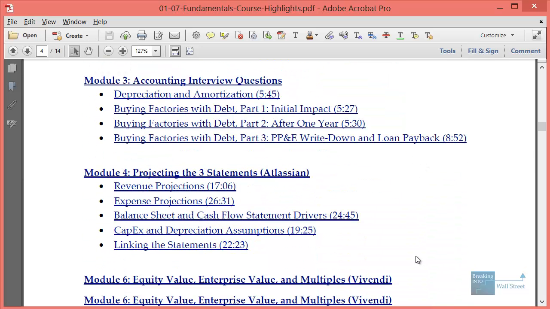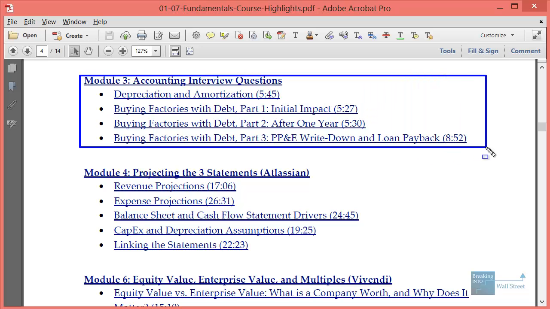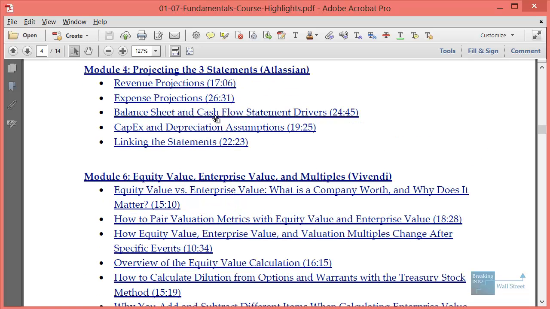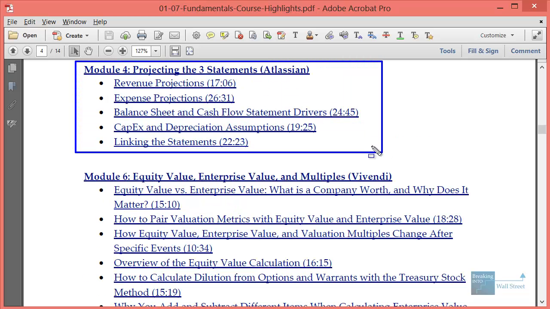In Module 3, again, mostly the same idea here. Take a look at the key lessons. You can get a lot of the benefit from reviewing those 3 or 4 key lessons as opposed to going through all 35. Then Module 4, if you have a week of time, we do recommend going through this, because